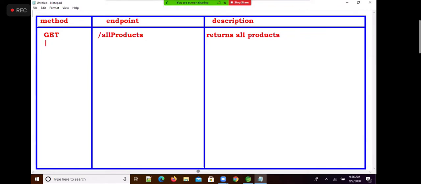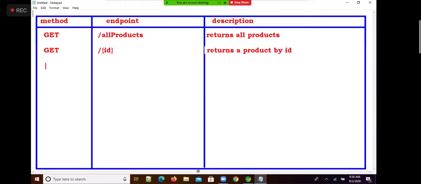Okay, we have this one endpoint. And the other endpoint, HTTP method is GET, but you have an endpoint called what? Only /ID. That is called the ID endpoint. It returns a product by ID.